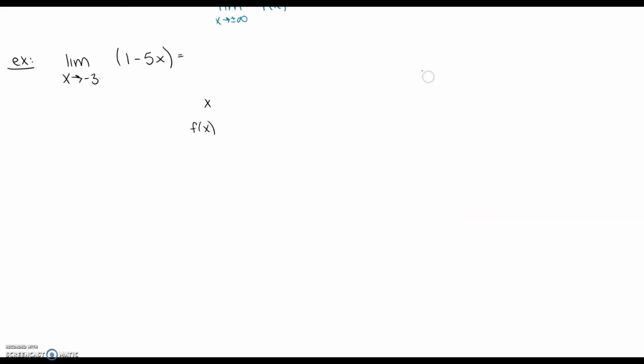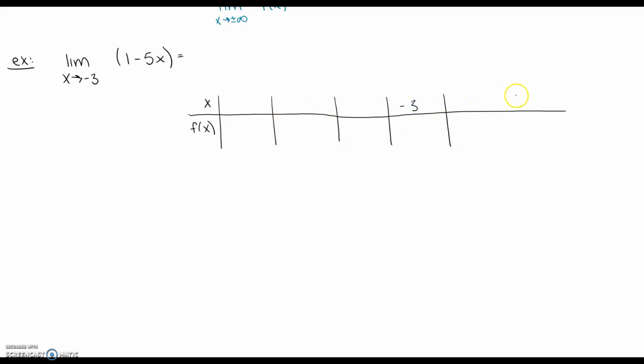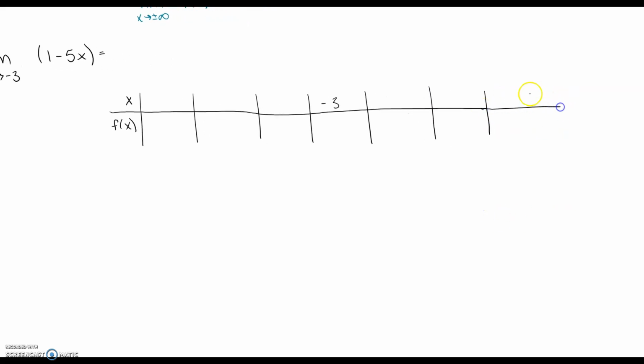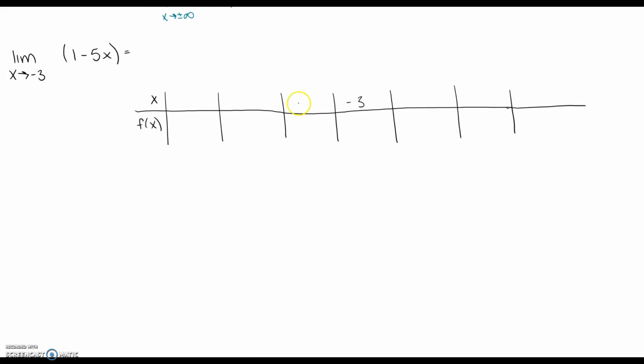And then I want to make sure I give myself enough space. So we want 3 to the left: 1, 2, 3. Then we have -3, and we want 3 to the right: 1, 2, 3. Okay. So a little bit to the left, because it's approaching -3, this is where we're like, okay, we